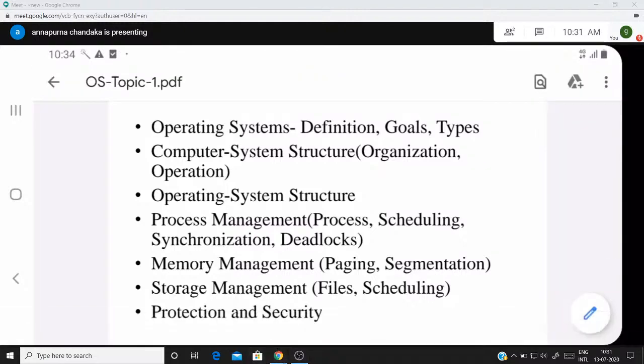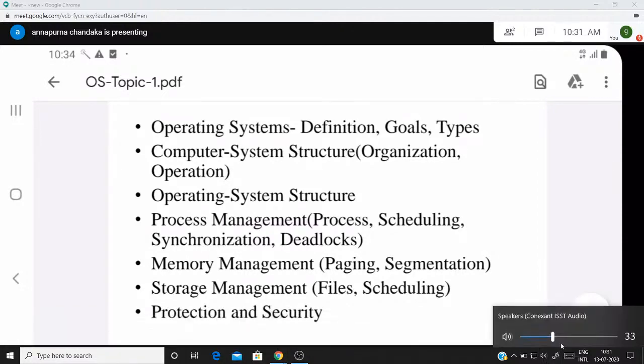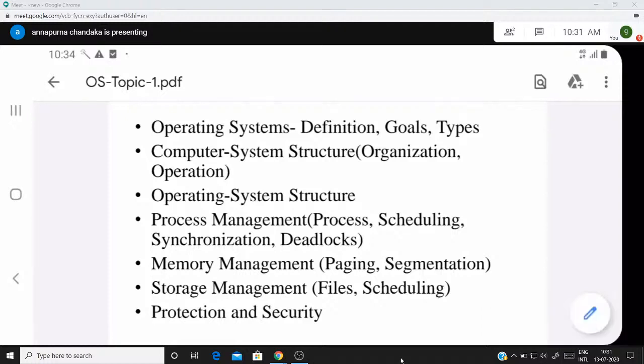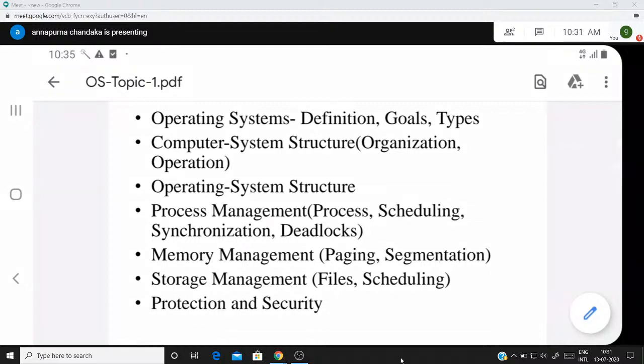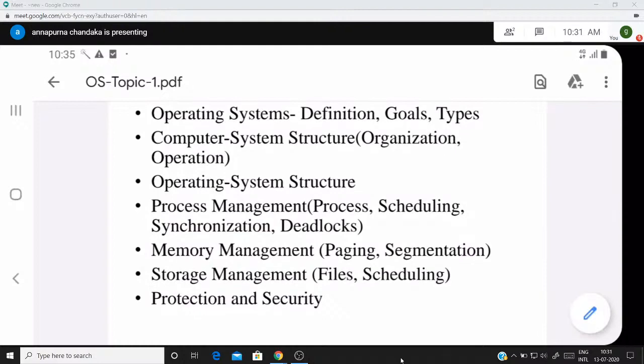And coming to the second topic of discussion, the computer system structure. That implies, whenever the user has a computer, what are the various components in a computer, and how they are interconnected with each other? That is called computer organization. This is followed by system operation: whenever the user switches on a system, what are the various tasks taken by your computer system? This is how your computer system completely functions. How a CPU is going to react, and what are the events fired by input devices, output devices, or from the user.